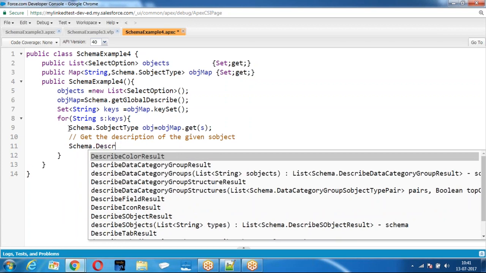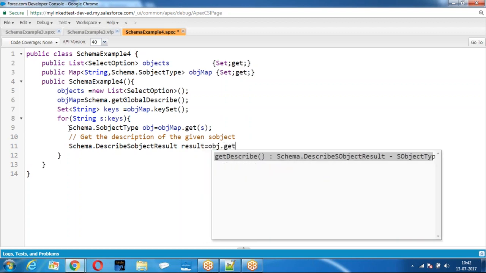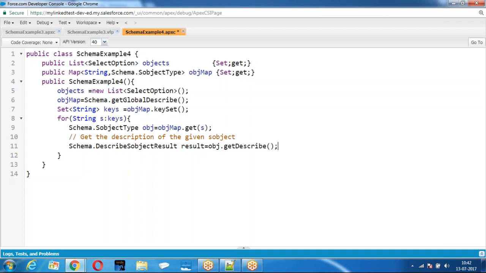Schema.DescribeSObjectResult is equal to object.getDescribe. Once you got the description, then I'm going to check whether the given s object is custom or standard.